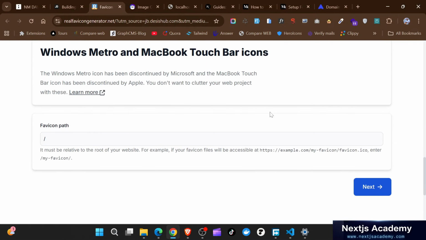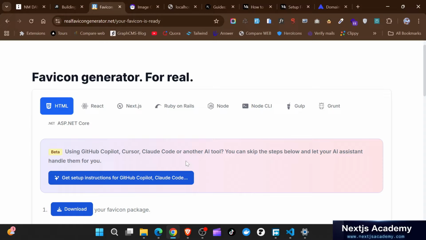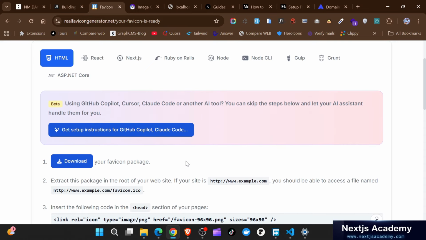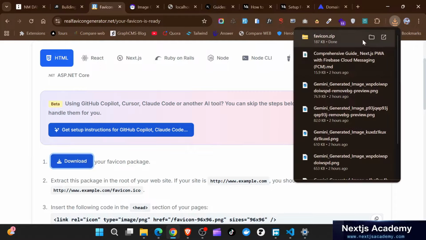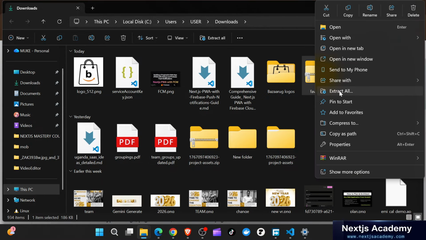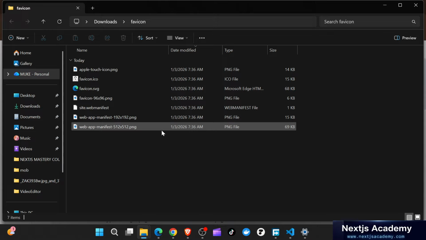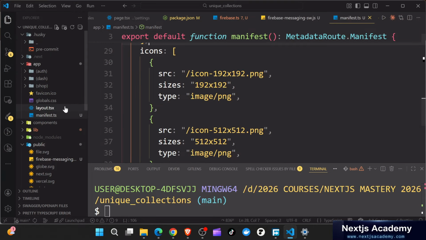So next is, I never used this. So for the icon, download. Okay, I think we just need to download this. Yeah. So you can just right click and extract. Yep. So the first thing to do is use that in our Next.js app. Already in the app, we have the